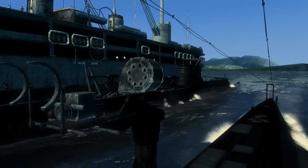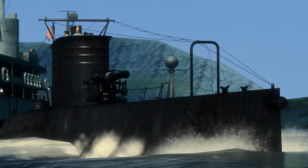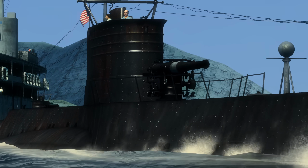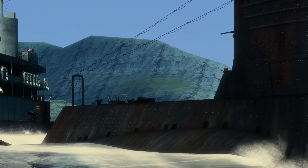Our stay in Dutch Harbor ended up being rather short. S-33 was in port for just 18 days before she would begin her first war patrol. The boat saw only one upgrade while in port. The 50 caliber machine gun, which was intended to be anti-aircraft armament, was swapped out for a 20mm cannon, a